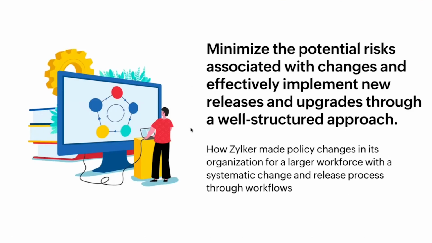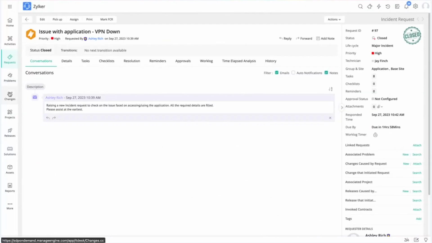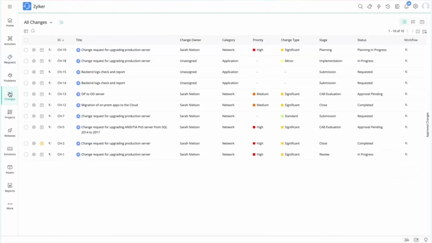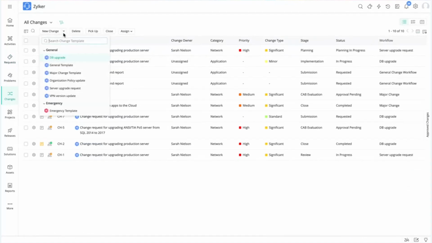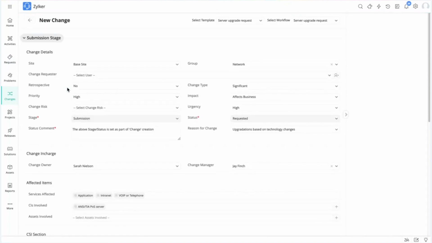We'll move on to the next challenge that Zilker was facing. That was that Zilker had a tough time handling their changes and releases within their organization. So we'll quickly take you back to my technician login page. And this time I'm going to raise a change request. Zilker often performs a server upgrade request, and in order to perform the server upgrade, they will usually create a change request and go through the approval